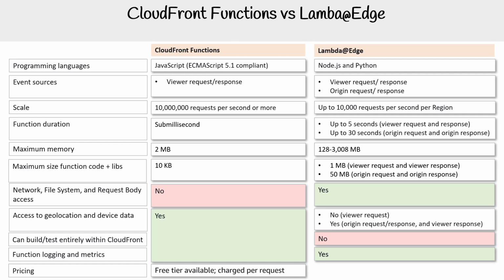For CloudFront Functions, there's a free tier available. It's charged per request. For Lambda@Edge, there is no free tier. It's charged per request and function duration. Lambda@Edge is more expensive. Okay, I'm not listing the prices in here, but I'm just telling you it's more expensive. So generally, you'd want to use CloudFront Functions when you can for performance, everything else, unless there are